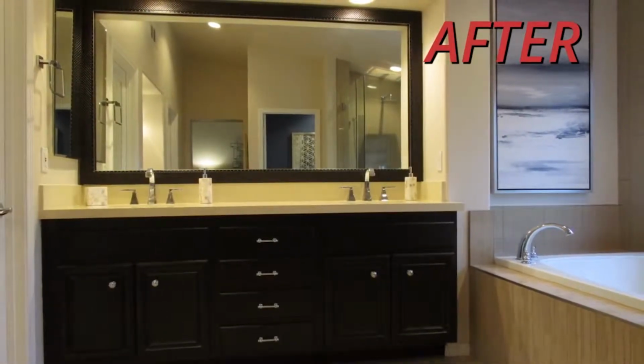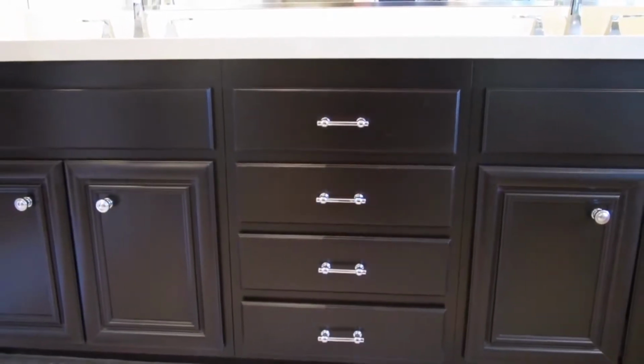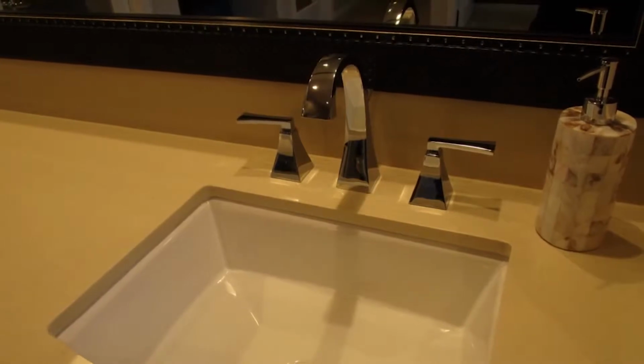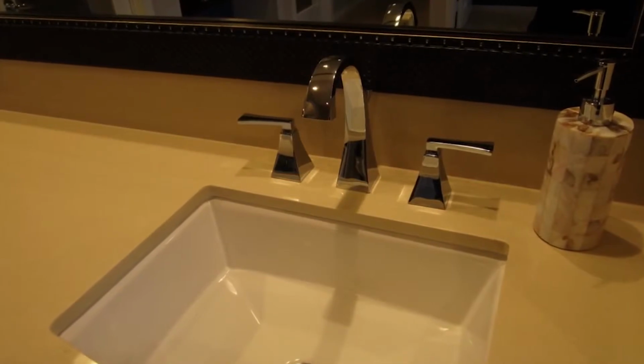It doesn't look like the same room, does it? We addressed the worn maple cabinets by spray lacquering them with an espresso finish. We added some polished chrome hardware for some shimmer. The countertops were replaced with a creamy, clean quartz. And to add a bit of the unexpected, we used rectangle sinks and finished them off with squared off hardware,